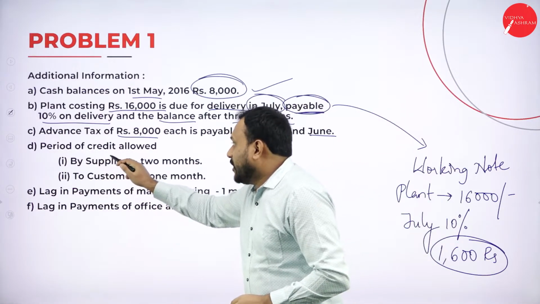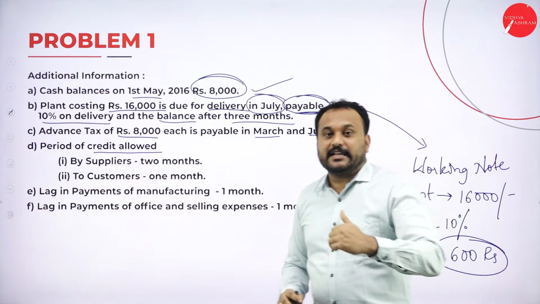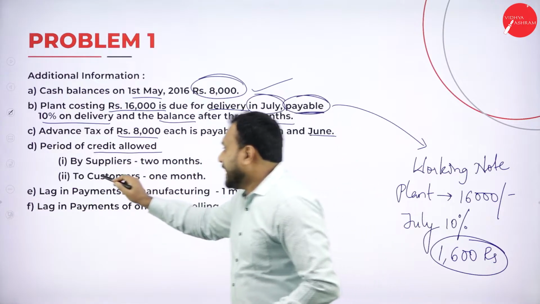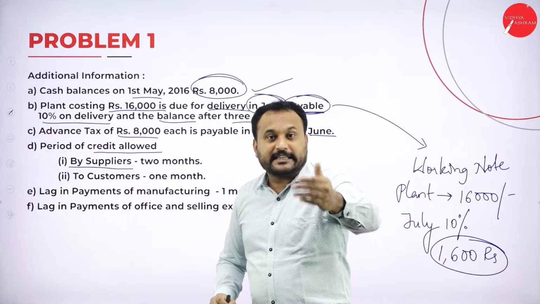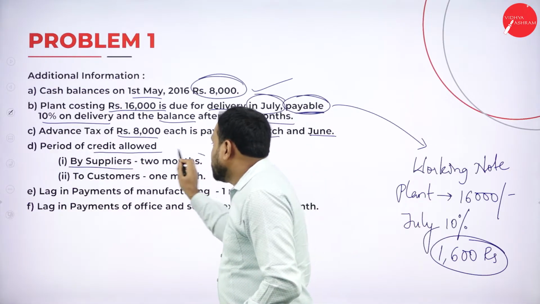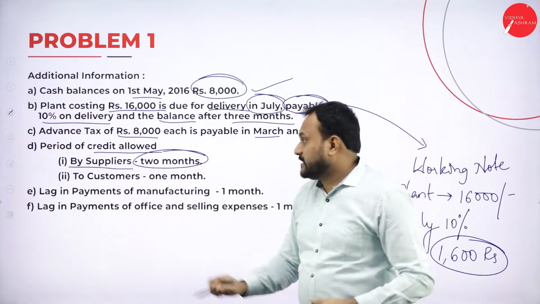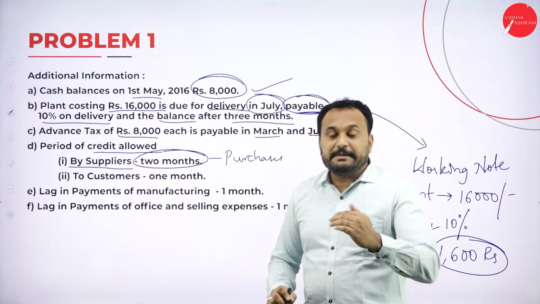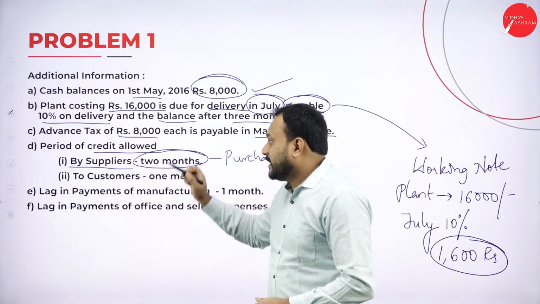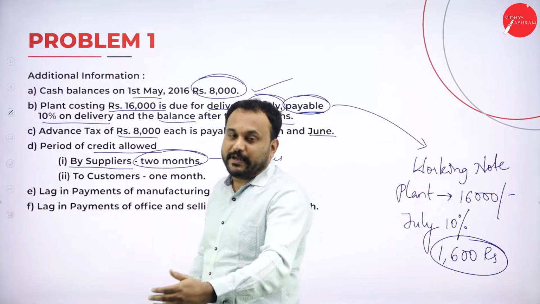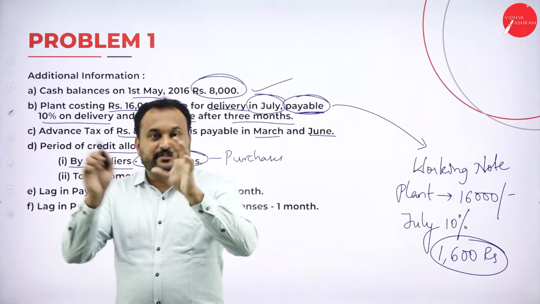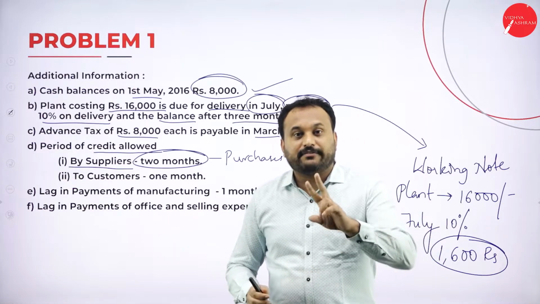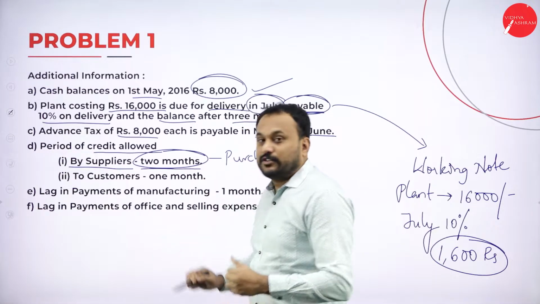Next is period of credit allowed. See here, now the entries you are getting, right? Now the credit, what exactly have they given? By suppliers, that means I have taken from somebody, right? That person is a supplier. He has given how many months? 2 months. That means for purchases, the lag in payment is how many months? 2 months. What is this word lag in payment? It means delay in payment. So in the month of March, if I have taken something from the supplier, which month am I supposed to pay him? After 2 subsequent months, right? 2 months. So March thing,